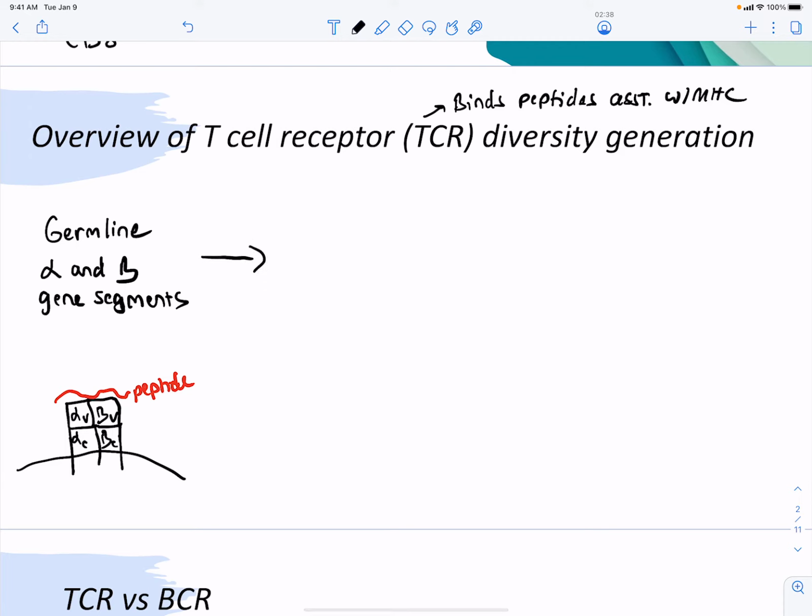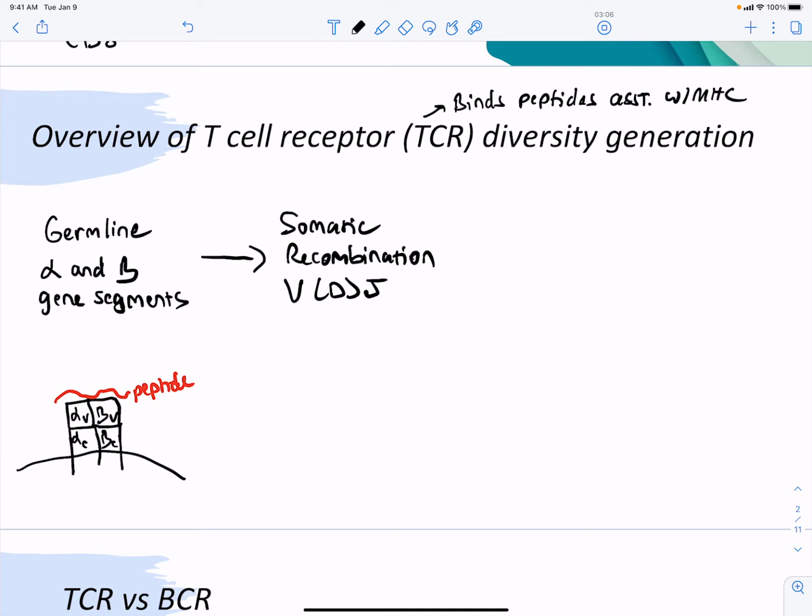So the diversity is with gene segments at the level of somatic recombination. And somatic is simply anything not germline. Germline means it's coming from eggs and sperm. Somatic are your other cells in your body, and these are your T cells, so your T cells are somatic cells. And so somatic recombination of VDJ